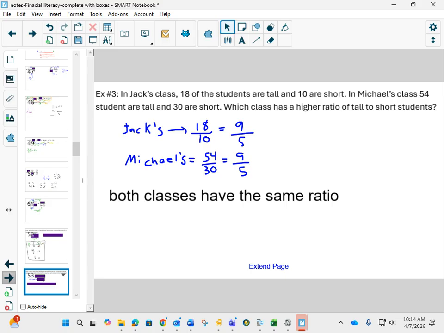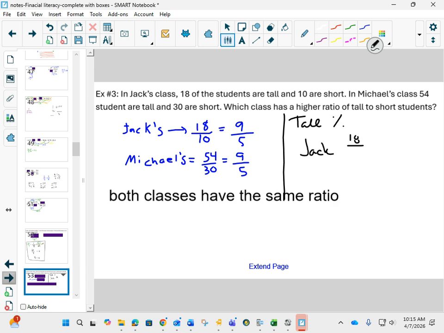Some other things you could think about for this one, okay? You could do a percentage. If I wanted to figure out what percentage of people are tall in Jack's class, there are 18 tall people out of, what's the total? 28. And if we do 18 out of 28 as a percentage, how do we do that? Well, we divide to change it to a decimal. So 18 divided by 28 as a decimal is